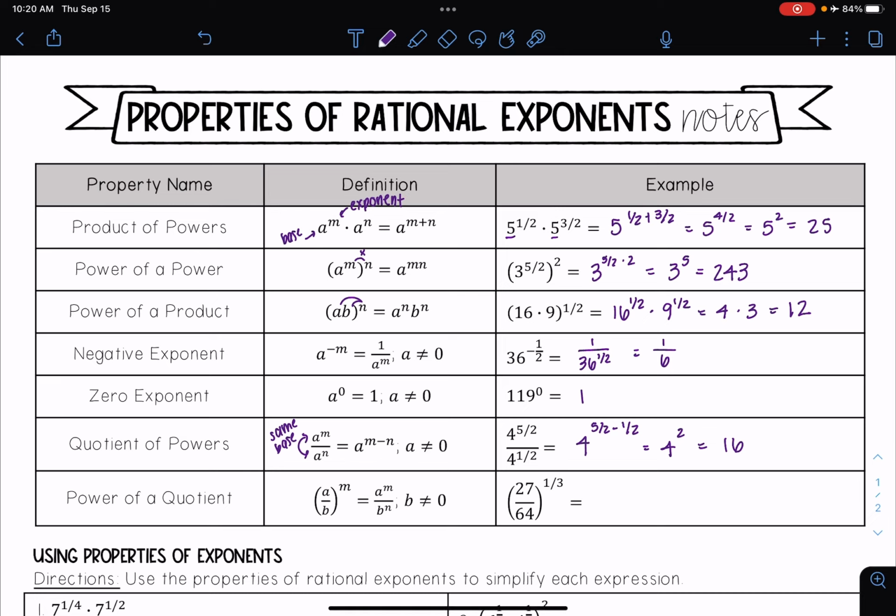And then I have power of a quotient, and this again is really similar to power of a product, where I just distribute my exponent. So I distribute my m to both the a and the b. So this will become a to the m over b to the m. So here I have 27 over 64 raised to the 1/3 power. This would be the same thing as distributing that 1/3. So I have 27 to the 1/3 power over 64 to the 1/3 power. So the cube root of 27, I get 3, and the cube root of 64, I get